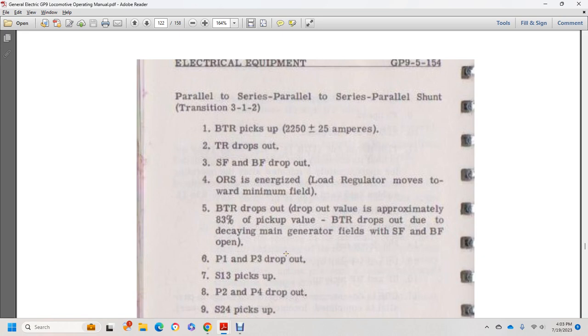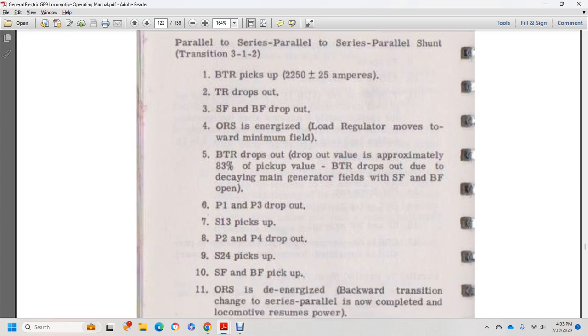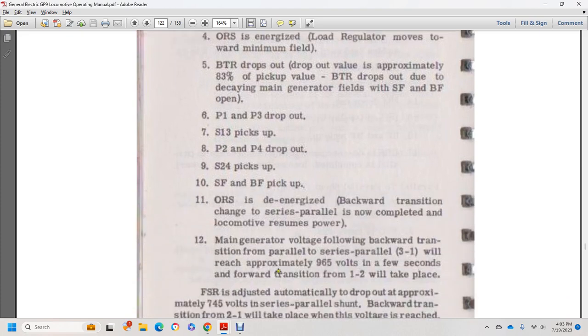Power 1, 2, 3 dropout. Switch 13 picks up, power 2 and 4 dropout. Standard 4 and 24 pick up, steering field pickup. ORS is de-energized. The backward transition chain, series parallel, is complete, with the locomotive resuming power. The main generator voltage follows, with the backward transition parallel series of the parallel reaching approximately 965